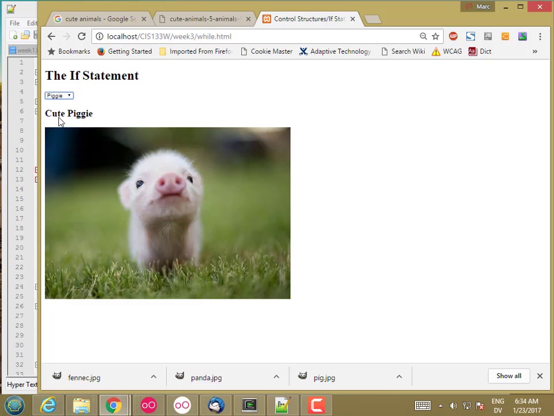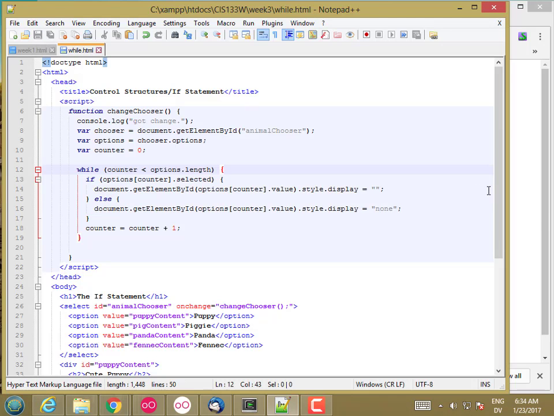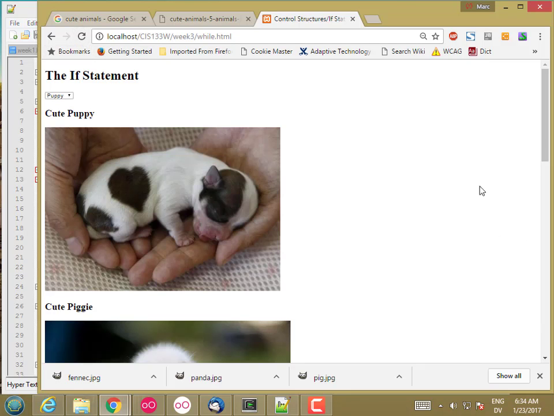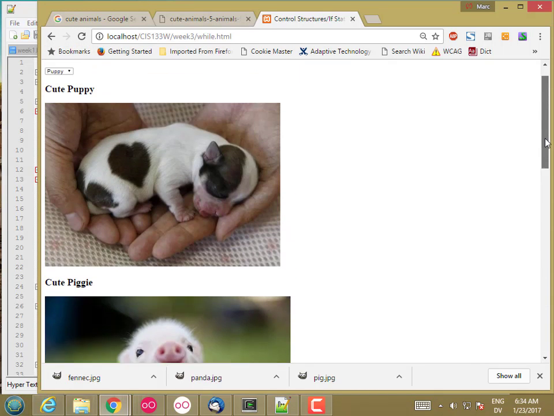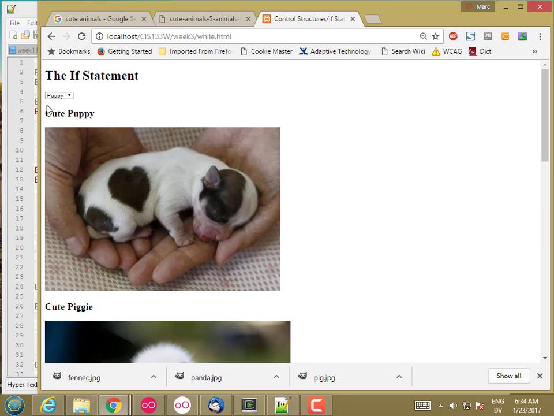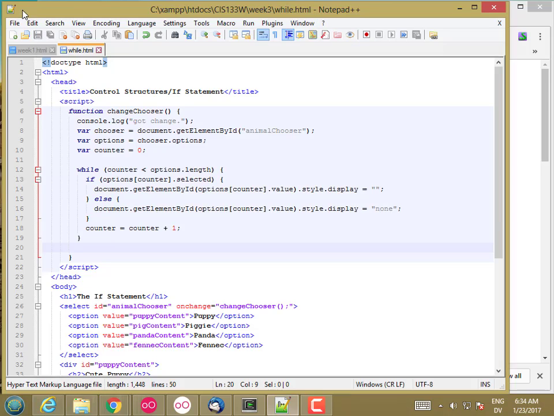So let's go ahead and fix one thing here. If I load the page, it starts showing all the options. So what I really want to do is call this changeChooser before the first change so that it's only showing this first item. And I could start by just making this one display and making these other ones invisible. But what I'm going to do is call this function as soon as the document is finished